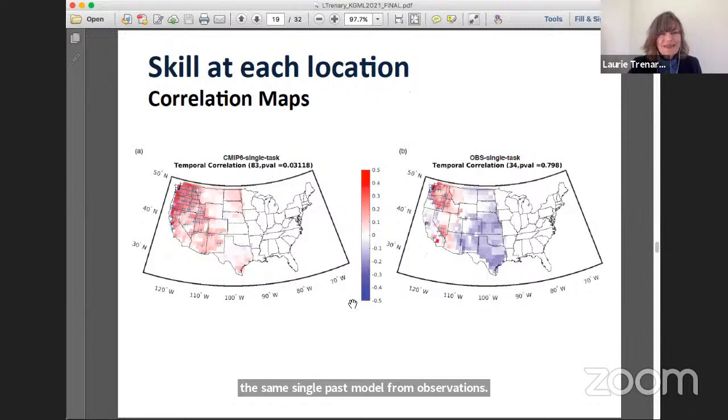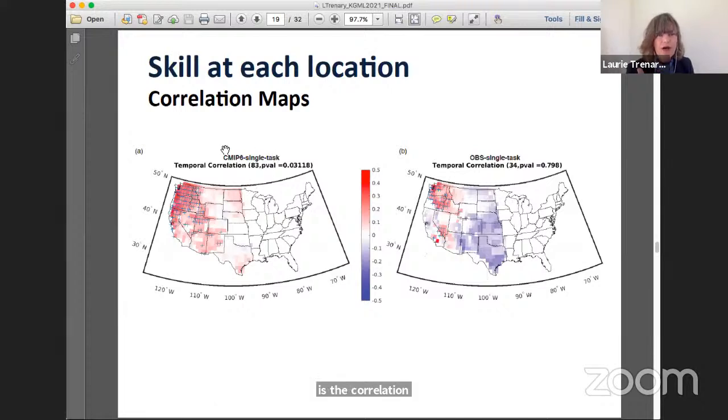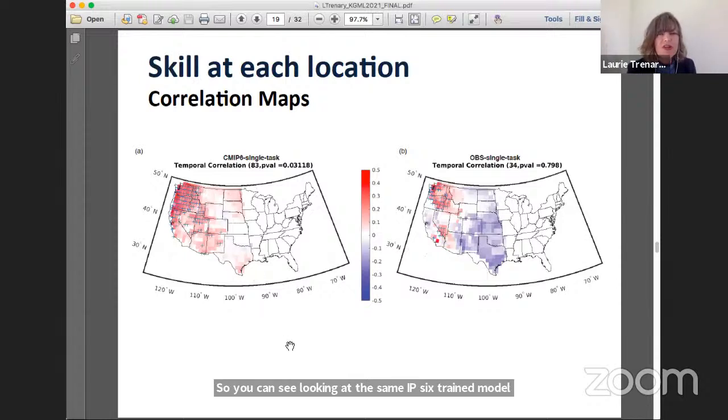So now we can start looking at the skill. These are both correlation maps. The figure at left is the correlation map that we get from the CMIP6 trained empirical model. At right is for the observations. The red colors denote positive correlation, which is what we want, and the blue shades denote a negative correlation. So you can see, looking at the CMIP6 trained model, that there are positive correlations over most of